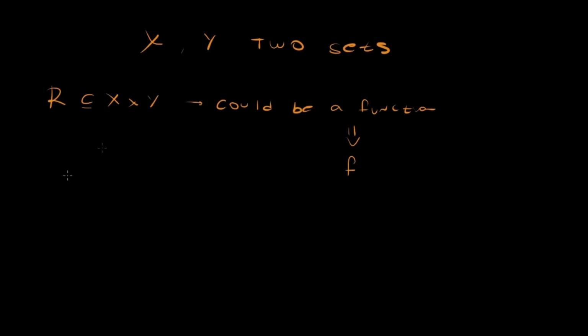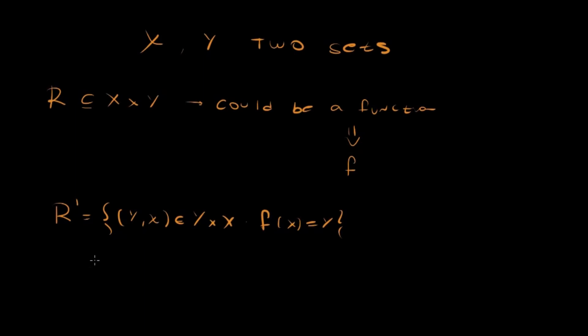Now, what I can do is define another relation. I'm going to call it R prime, and it's going to be the set of ordered pairs (y, x) that belong to the Cartesian product y times x. So this is the opposite, and verify that f of x equals y. Okay, so I have a function. What I do is take the relation, but instead of having (x, y), I'm going to have (y, x).